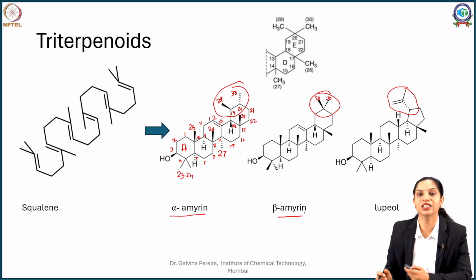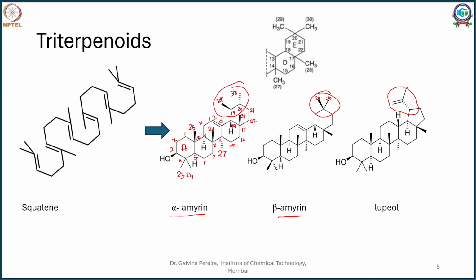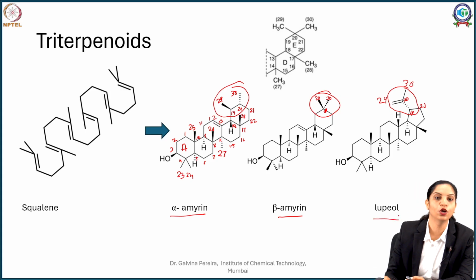Now a little change to this is, rather than having a 6-membered ring, if we have a 5-membered ring, what happens here is, you can see here 19, but the 20th carbon, imagine I am cutting it from here. So the 20th carbon is kind of protruded out. So this is your 19, this is your 20, and again this is imagined to be your 21. So again your 29 and 30 are located here. In this case, when you have a 5-membered ring, your 20th carbon is out with the substitutions, that is the methyl substitutions on 29 and 30. Such compounds are called lupeol derivatives.